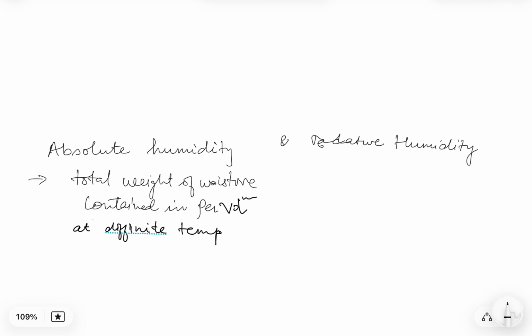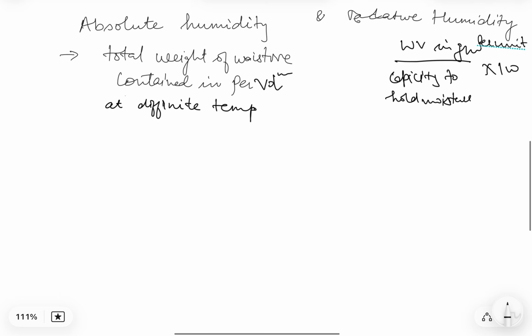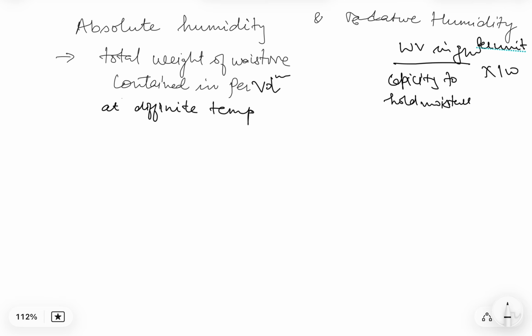But the absolute humidity will change at different temperatures, and the relative humidity is in comparison, that is, it is the water vapor in grams by the total holding capacity, that is the capacity to hold moisture, weight in gram per unit. So in case of a colder area,